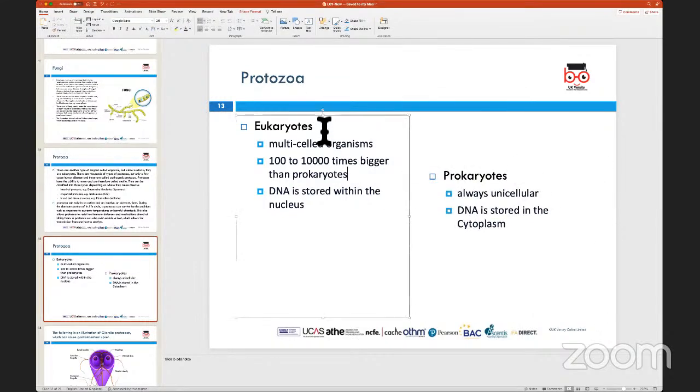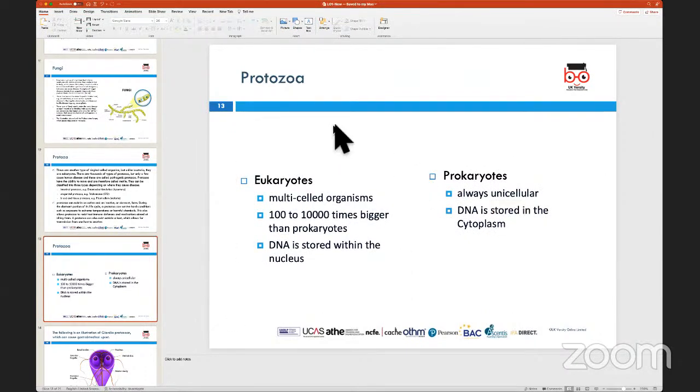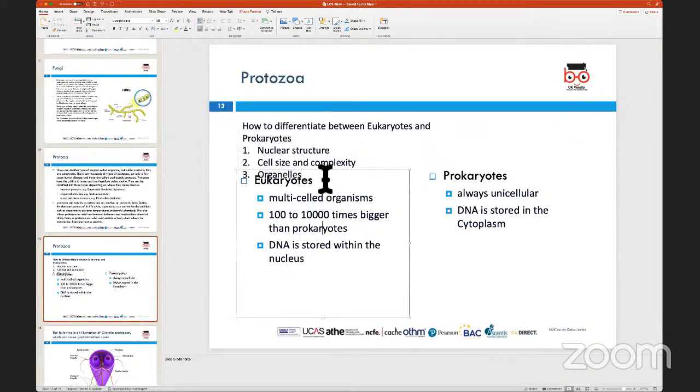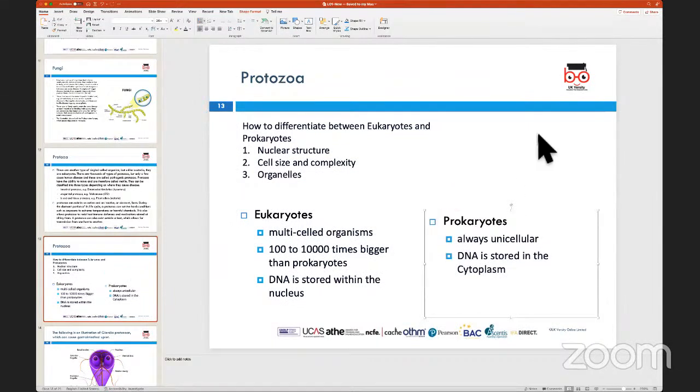So if I just put it slightly in this way so that you are aware, and I'm just going to create a bit of wording here. If I look at how we differentiate between different types of protozoa, that is eukaryotes and prokaryotes, the way to differentiate them would be to primarily look at, number one, nuclear structure. Number two, cell size and complexity. And the third bit would be organelles, which is how thick is the membrane, or what are the various other cells that are contained essentially within the organism or